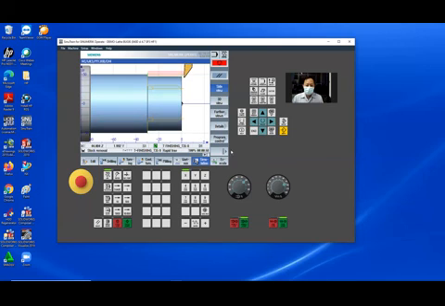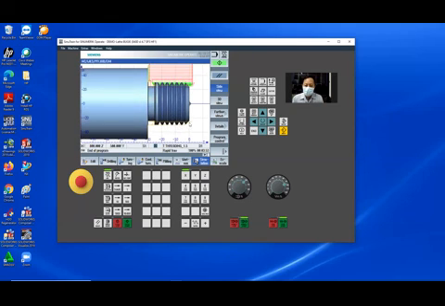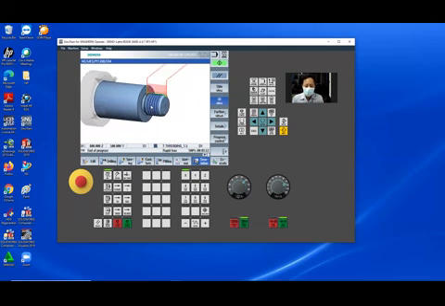Okay, like this. Threading. We use the big tip because the thread is big. If you do not edit the length of the tip, then the shape is not good. 3D like this.